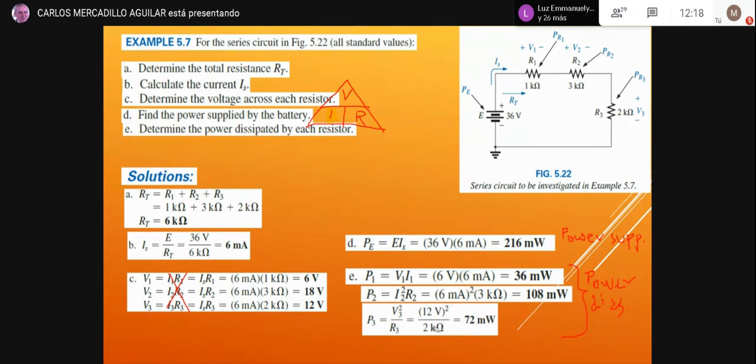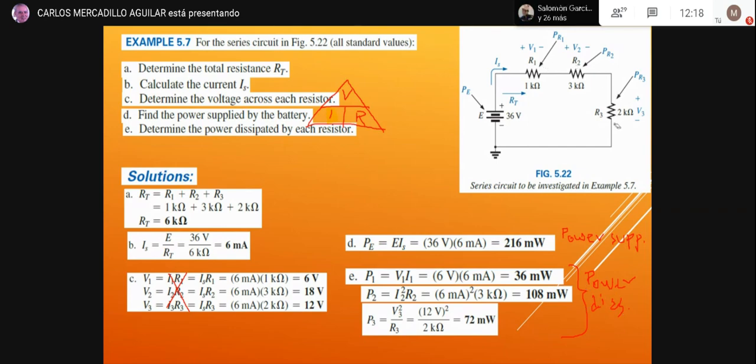Okay. And the result is 12 times 12, which is 144. Divided by 2 is 72. So this is the power dissipated